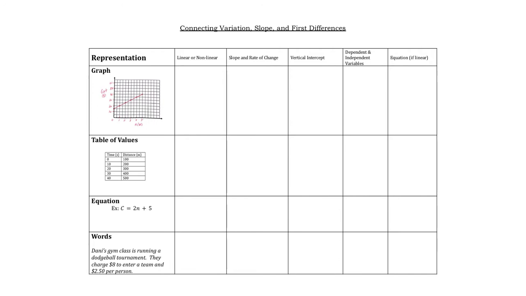Can we build the equation from the information? Can we deal with first differences and independent and dependent variables? It is a collection of everything. So what you see on the screen is a big chart for us. And if you look down the left side of that, you're going to see that I have given you information